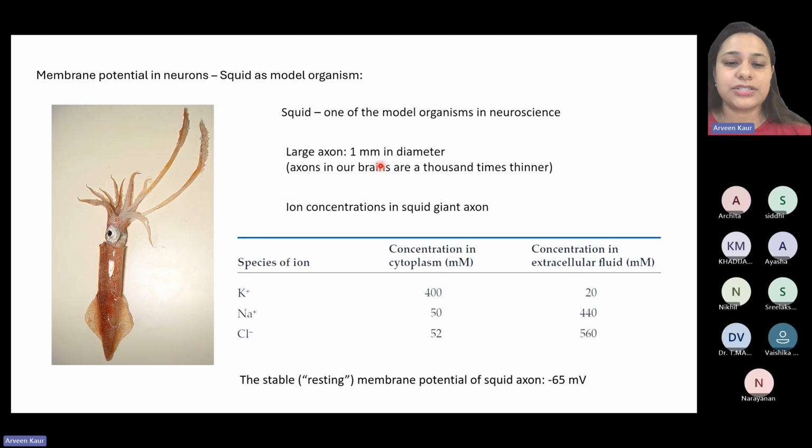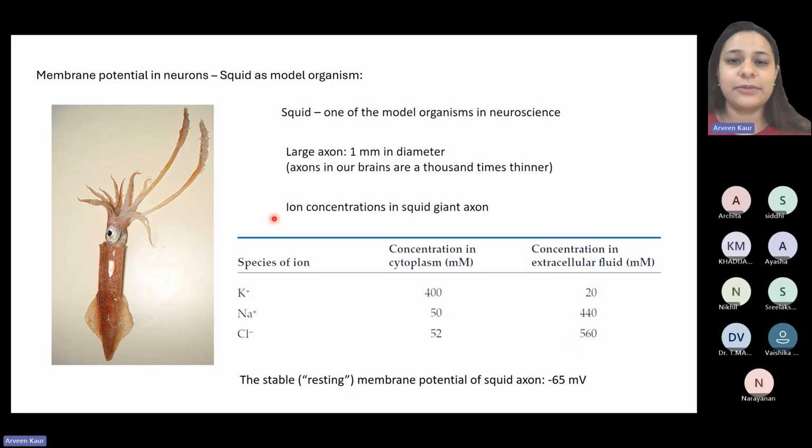So let us talk about the ion concentrations in the squid giant axon, right? Like humans, the intracellular concentration of potassium in the squid is very high as compared to the extracellular concentration. Similarly, the extracellular concentrations of both sodium and chloride are much higher as compared to the intracellular concentration, right? The resting membrane potential of a squid axon is around minus 65 millivolts. In humans, it is around minus 70 millivolts. So that is quite close, right? Also,